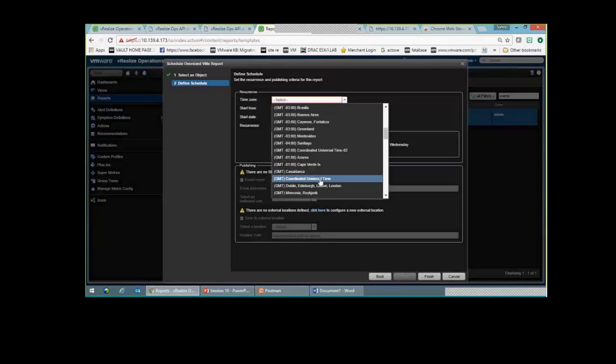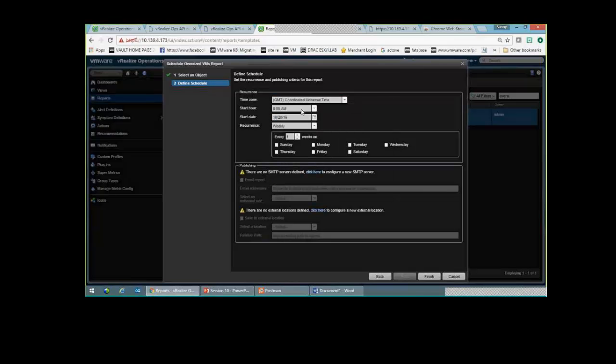Let's say we want to do it on the GMT time zone, and this report should run at 1 a.m. and it should start today, of course, because it can't start in the past. And then I want to run this report every day. So I select all these click buttons, check, check, check, and then I have an option to go ahead and